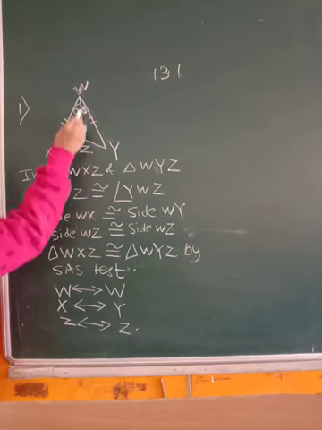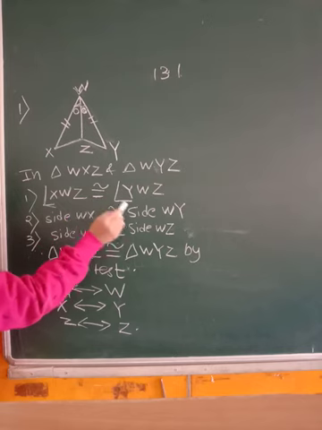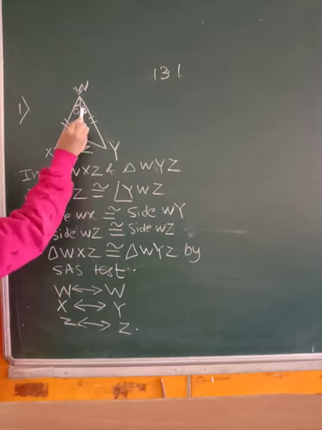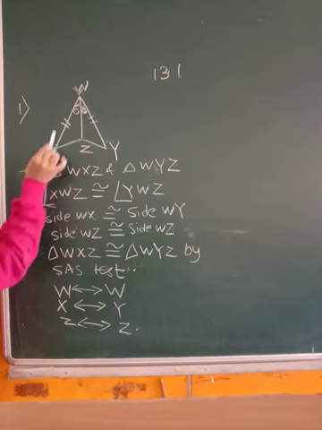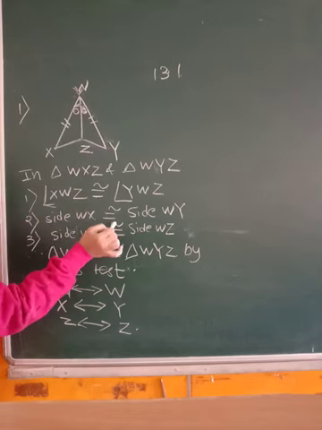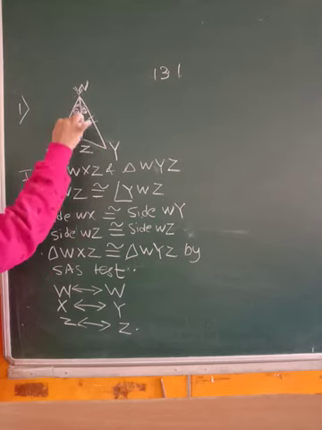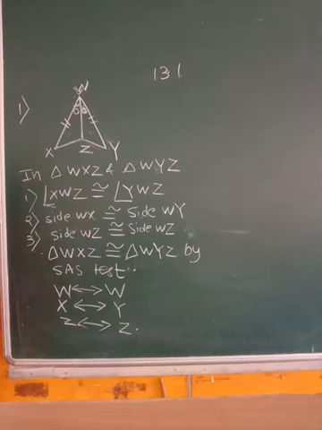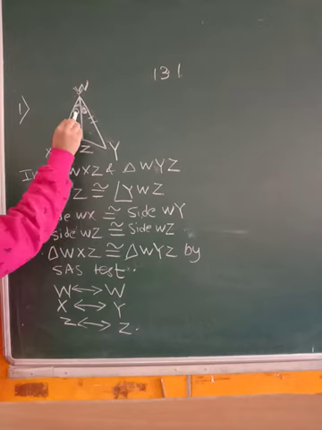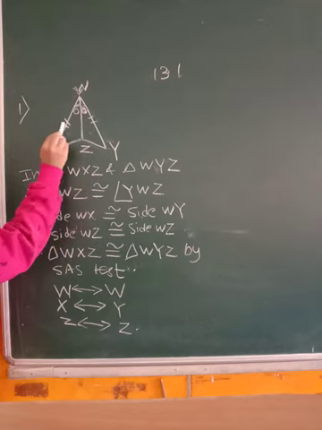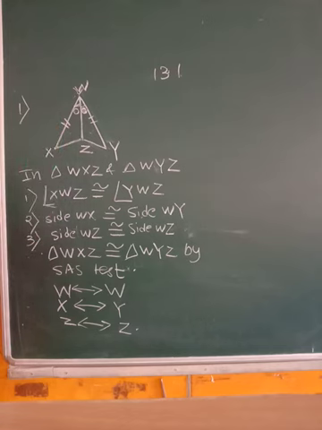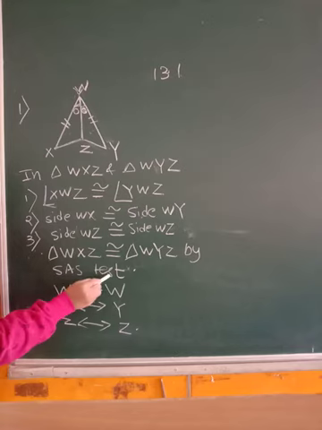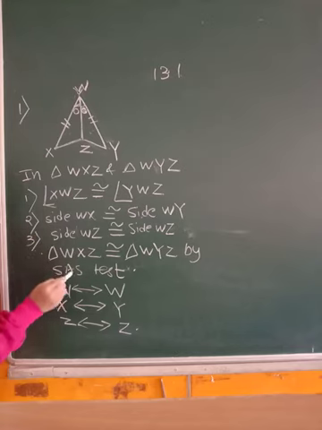Angle XWZ is congruent to angle YWZ. Okay, these 2. Then we have side WX, it is given, is congruent to side WY. That is what I have written. And can you see WZ is common to both the triangles. Therefore, side WZ is congruent to itself, and therefore WZ is congruent to WZ. So we have 2 sides and 1 angle. This angle is included between these 2 sides, and therefore we say triangle WXZ is congruent to triangle WYZ by SAS test. 2 sides and 1 included angle. So I have written it in between.